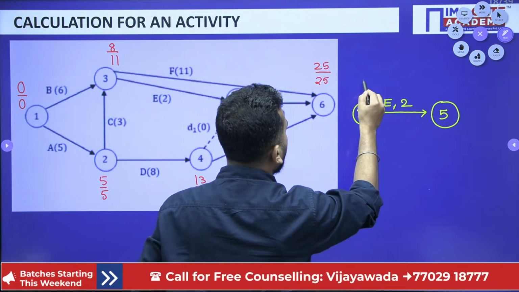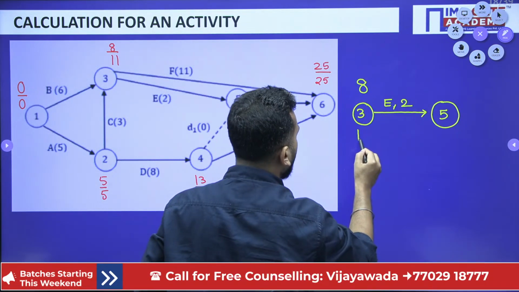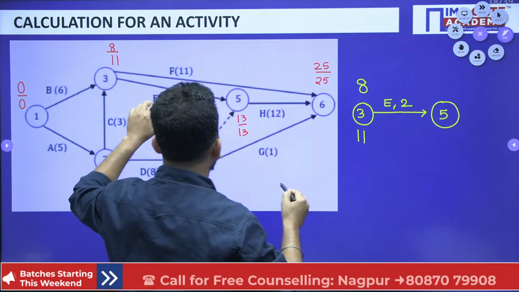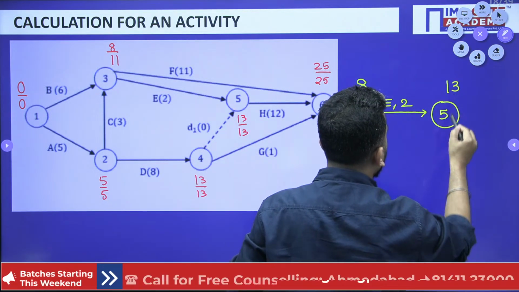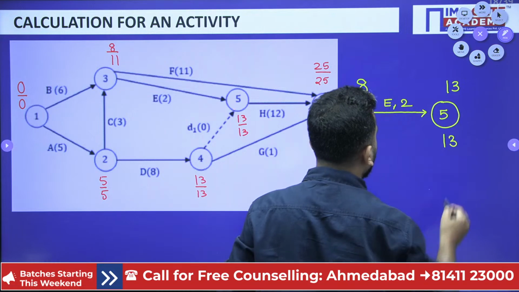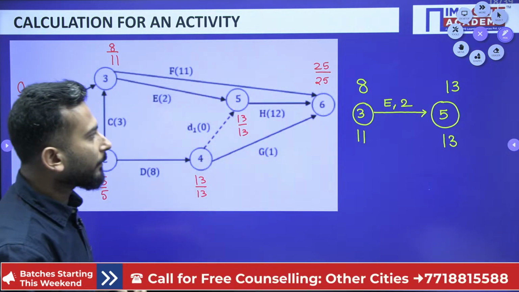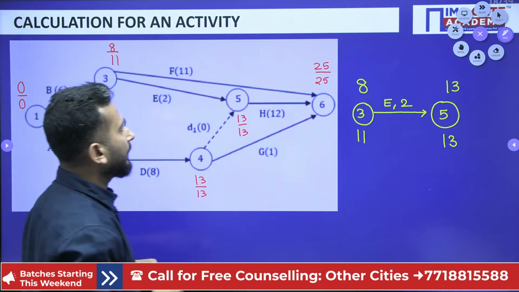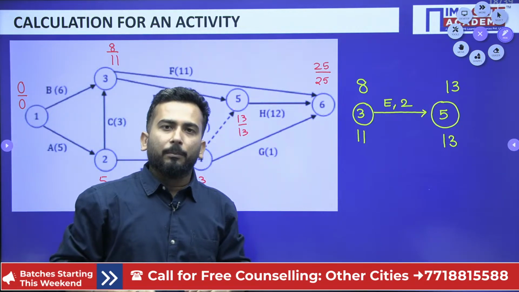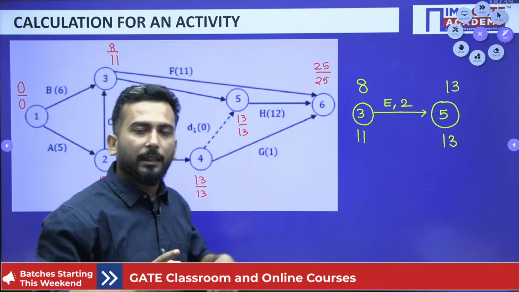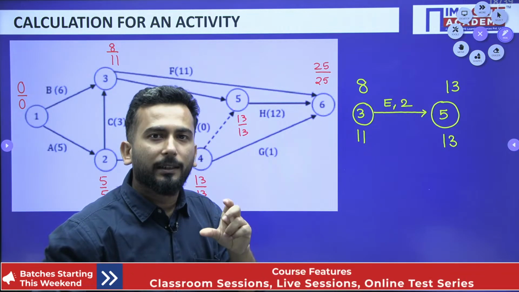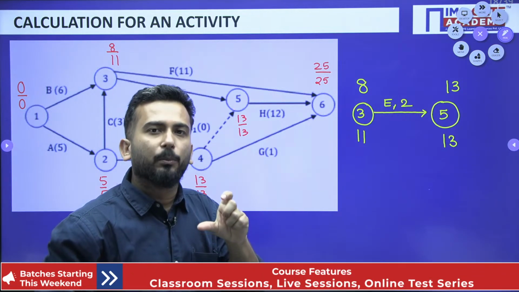So this is your 8 days, this is your 11. This time I am writing in this way, and for 5 it is 13 and this is 13. Fine. This is 13 and this is 13. My dear friends, see, for an activity, before calculating the relaxation,